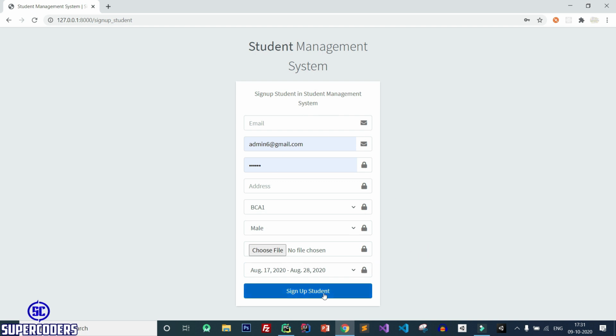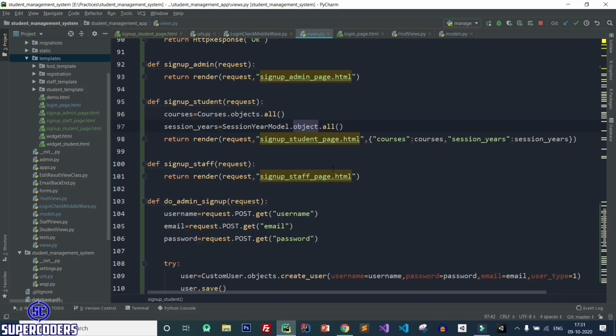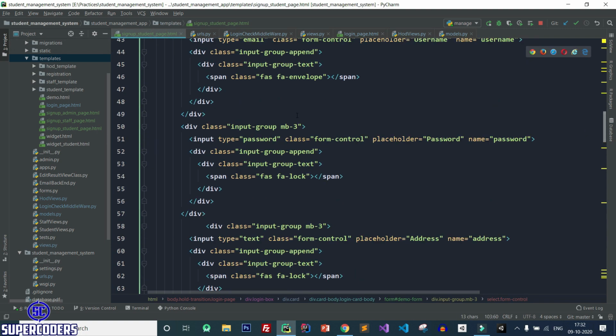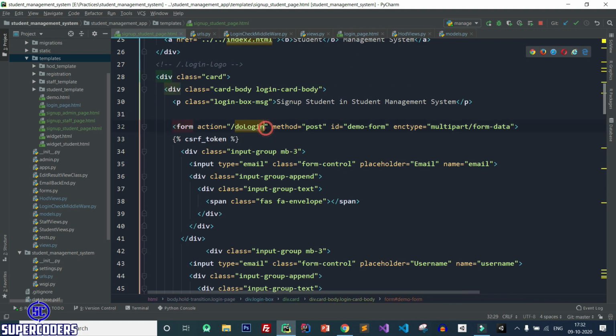So again back to PyCharm, and now let's save this data. So first change this to do sign up student. Let's copy this URL and come to URLs.